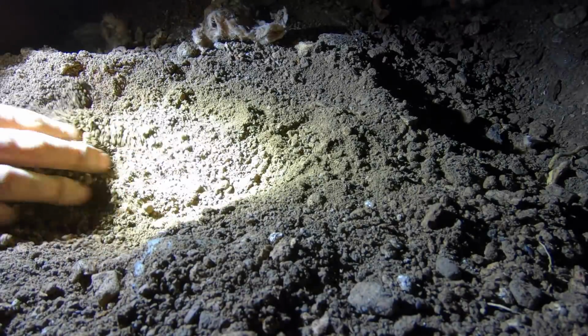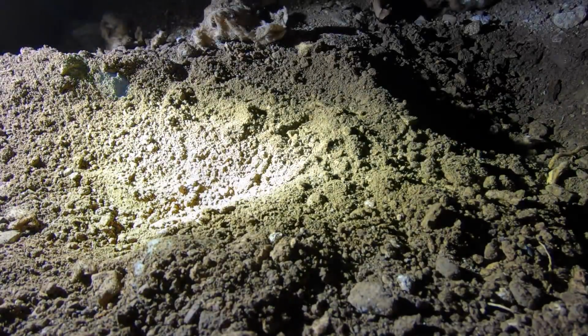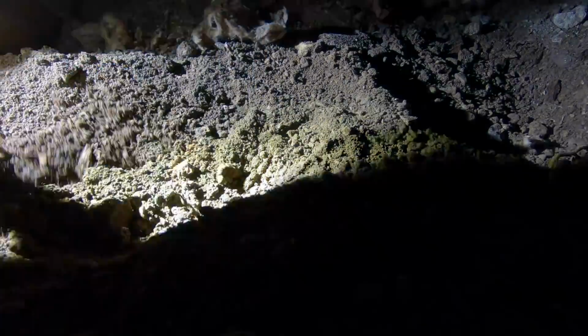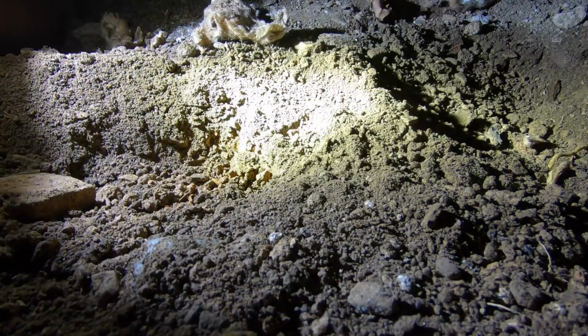Little tiny piece of nail. It's a little square nail. I'm gonna dig this one last thing right here. Sounds pretty big. With the pick. And then I am gonna get out of here and hopefully not take too much insulation with me in my lungs. I don't know if you see that or not, but